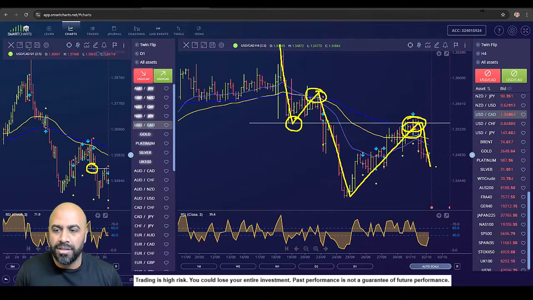Now in this instance, because of the volatility that we've had, with all the different geopolitical things going on between Iran and Israel and so on, we don't tend to leave really high reward to risk trades on the table because the volatility was quite high and markets can be quite choppy. So we just went for the standard reward to risk here.